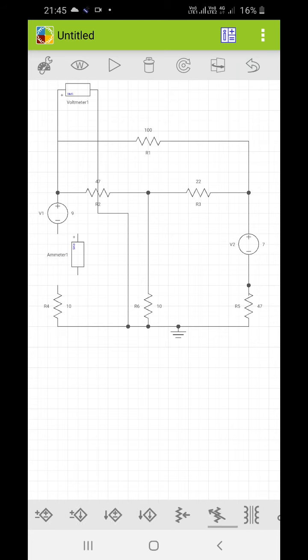What you can do is click on the wire, and then you can also connect. You can connect it like this, right? So let me run this. Just wait till you get the stable output.